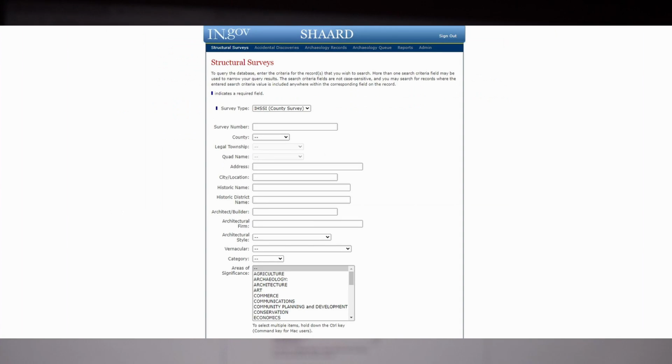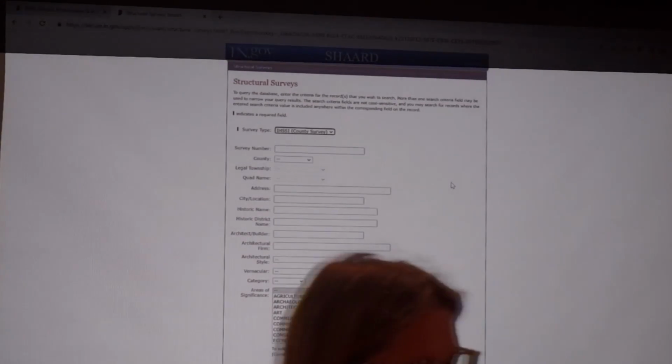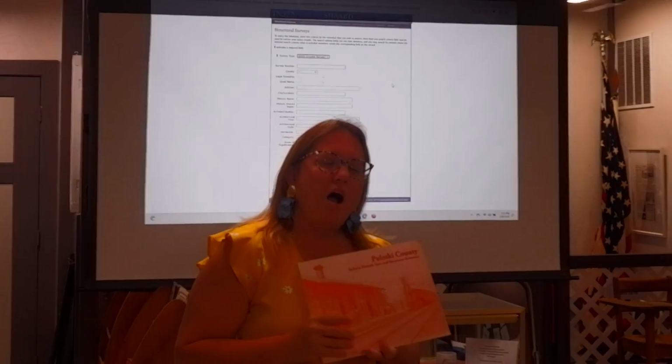So the county survey. This is where we are going to use this book. We're going to start with this because this book makes more sense when you start with this book. So these are called the Interim reports. So in